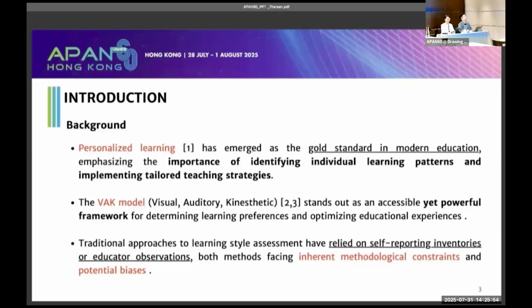The VAK model stands out as an accessible yet powerful framework for determining learning preferences and optimizing educational experience. Traditional approaches to learning style assessment have relied on self-reporting inventories or educator observations, both methods facing inherent methodological constraints and potential biases.